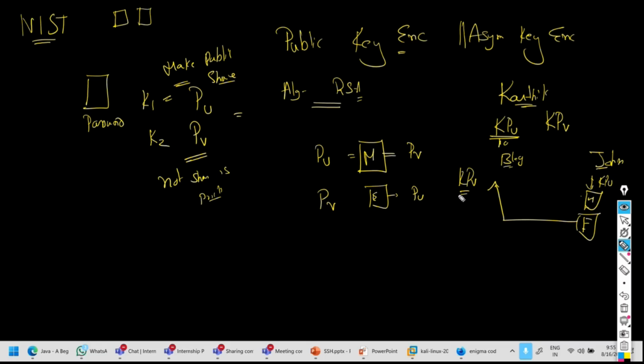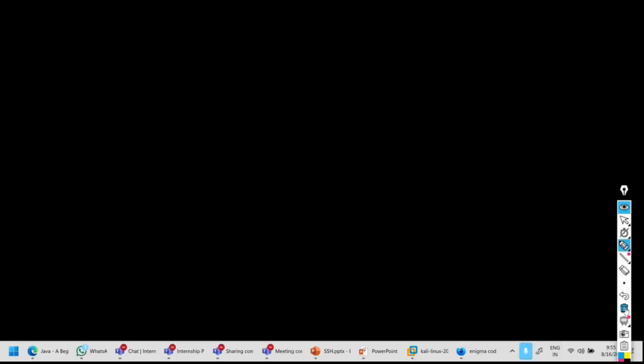So this is your normal public key encryption works. But this can be used in reverse order as well. This can be used in reverse order as well, meaning